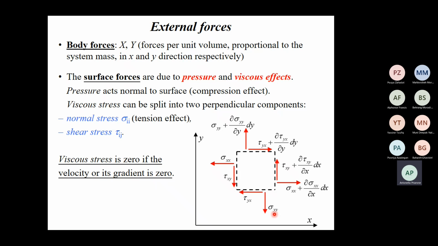Sigma yy means that it refers to a surface with y normal, in the direction y. So sigma, the normal stress, has the same letter as subscript, the shear stress two different letters,